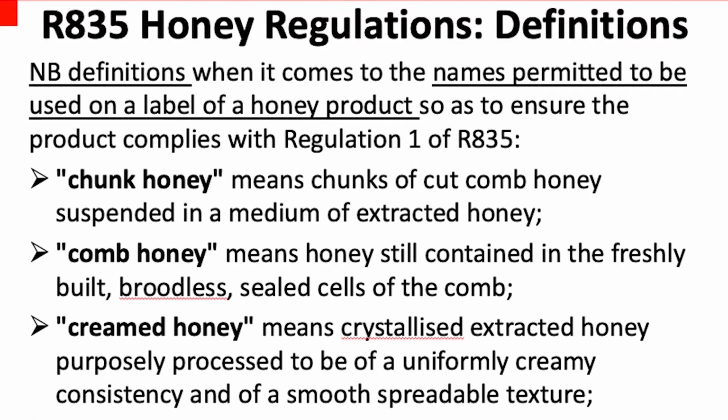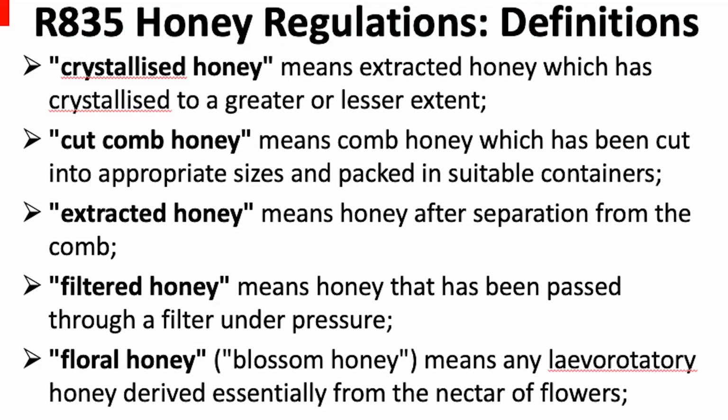Let's go through some of the basic definitions in terms of the R835 honey regulations. So firstly, in these regulations, there are various definitions on the names permitted to be used on the label of a honey product. And many of you will be out there and you will see the most amazing names on honey products. Now, I don't want to name anybody because some of you may be actually watching this and may be very embarrassed. So there's chunk honey, comb honey, creamed honey, crystallized honey, cut comb honey, extracted honey, filtered honey,